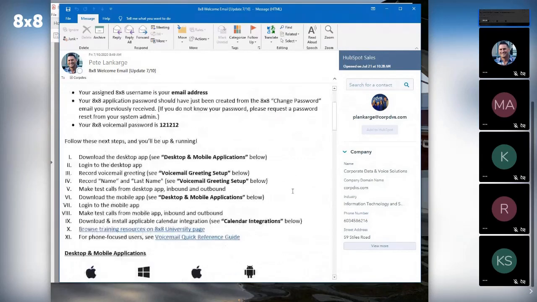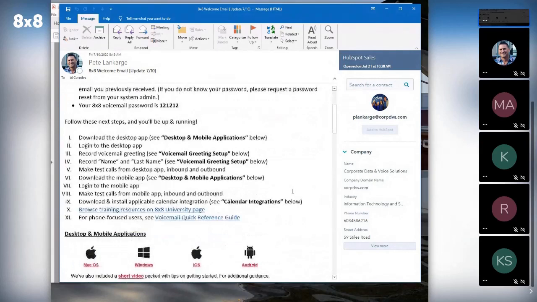So this email is designed to get people up and running quickly in terms that you'll be able to read and understand, and not need to know a lot of 8x8 acronyms. So I guess, Pete, Christy, would you feel that's a good description of what we've put together here? Absolutely, yes. Okay. As you see, it will go through downloading the desktop app, how to log into the desktop